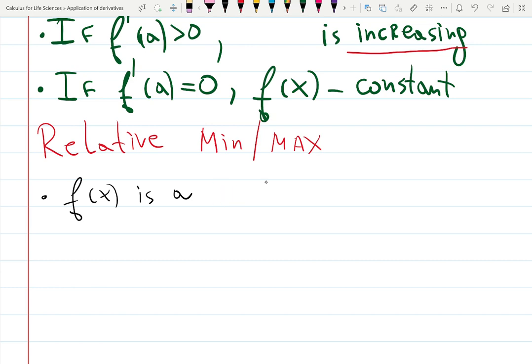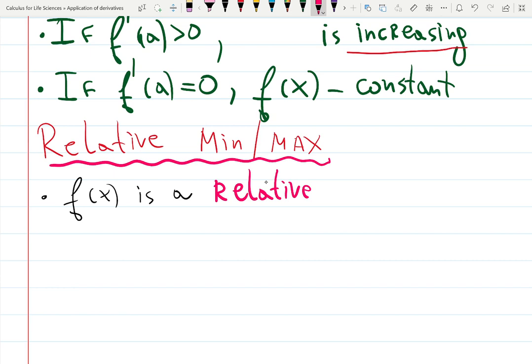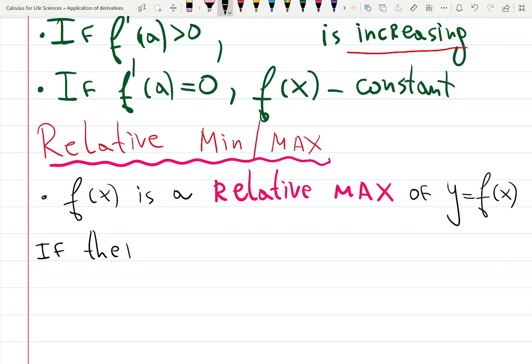Let me put it in red or pink. Relative max. Relative max means local. y equals f of x if there exists